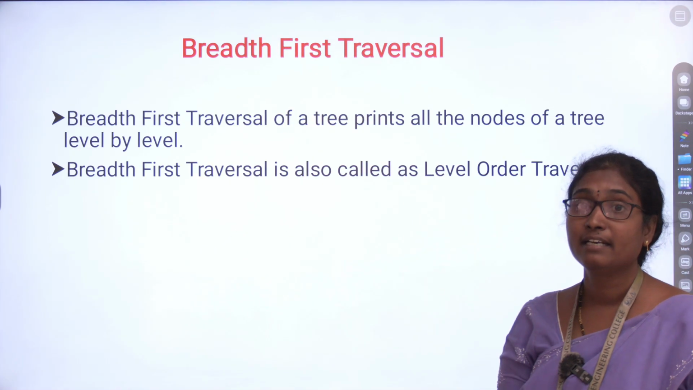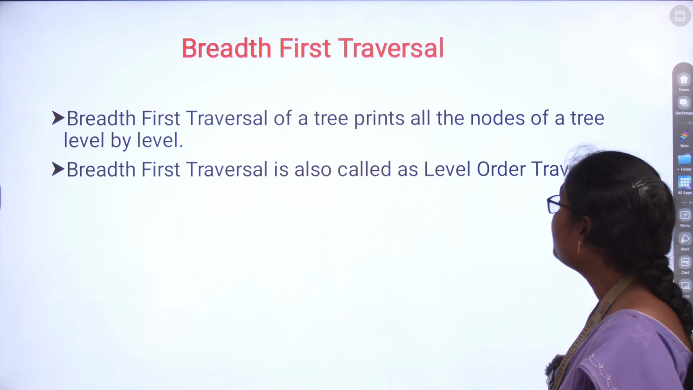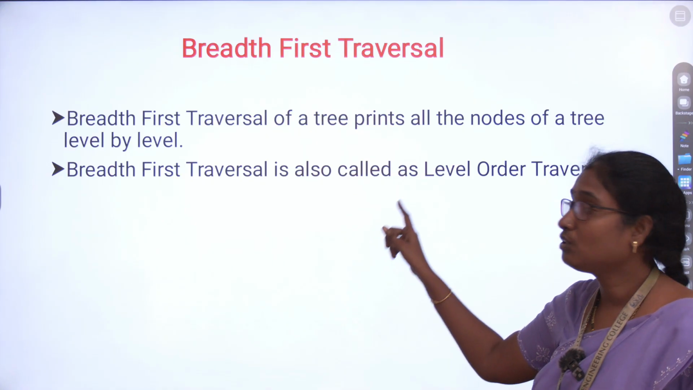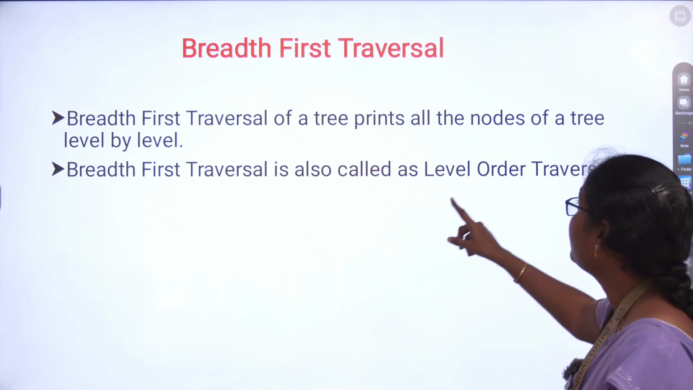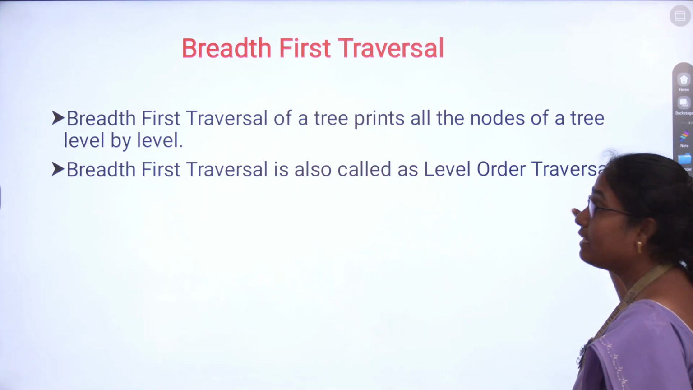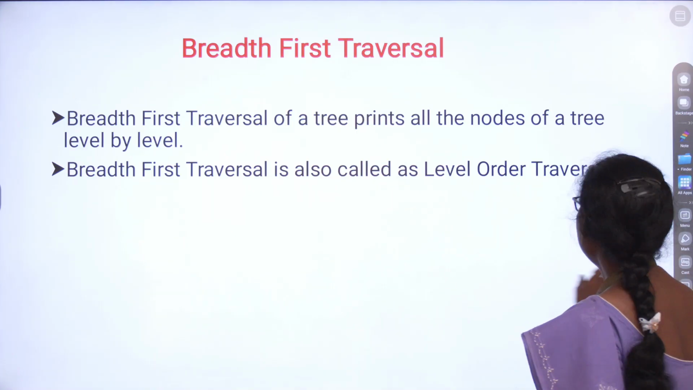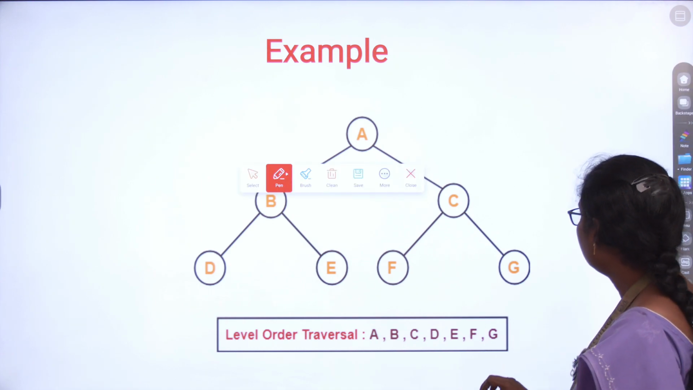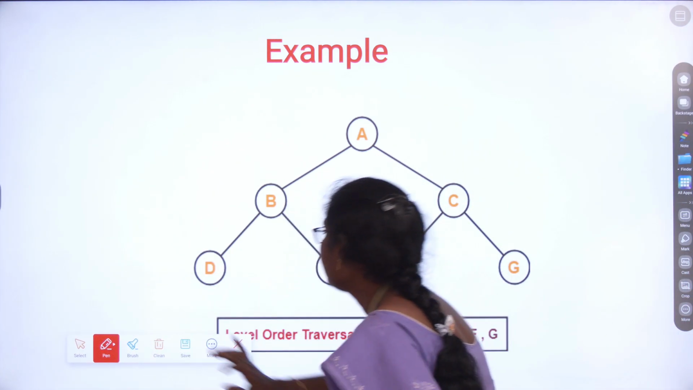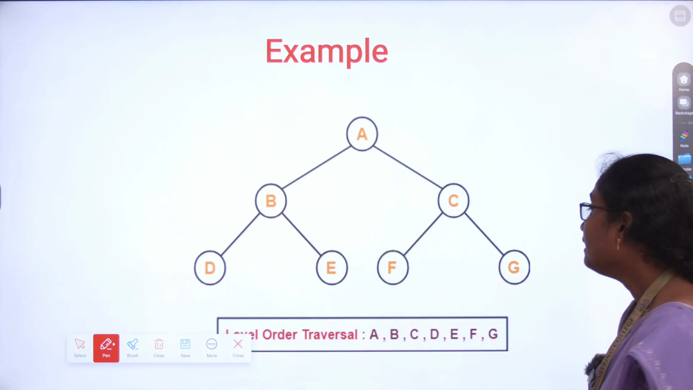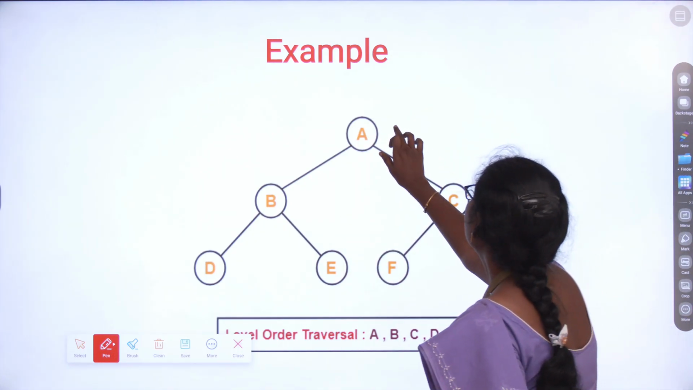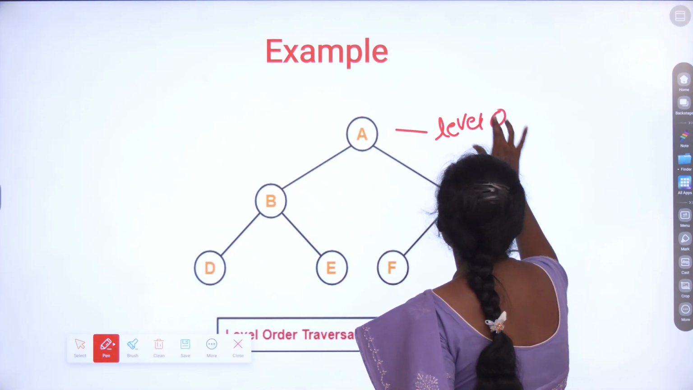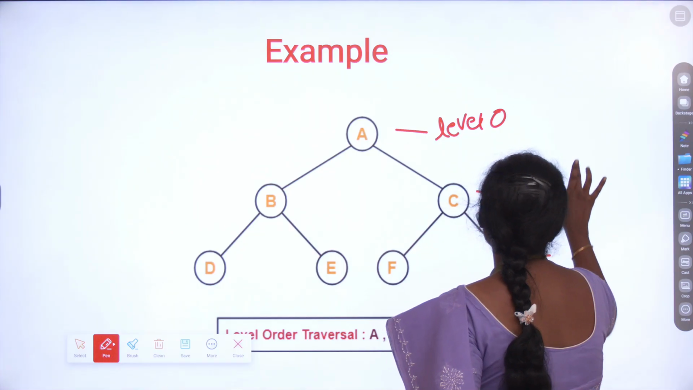The next one is breadth first traversal. In breadth first traversal, you are going to visit the nodes level by level. So another name for it is level order traversal. We will see one example. This is the graph. For this graph, you need to calculate the level order traversal. First you need to write the levels. So this is level 0, this is level 1,